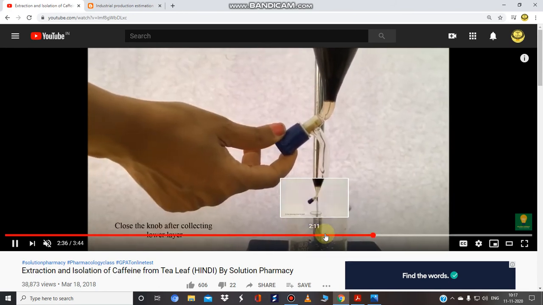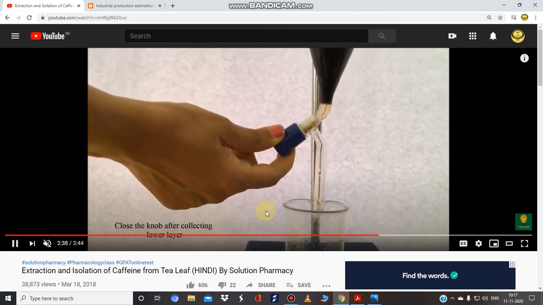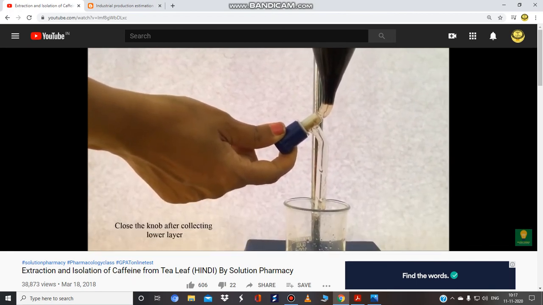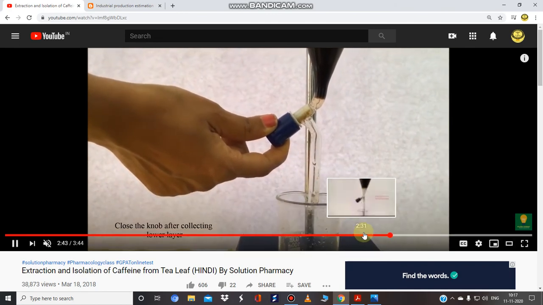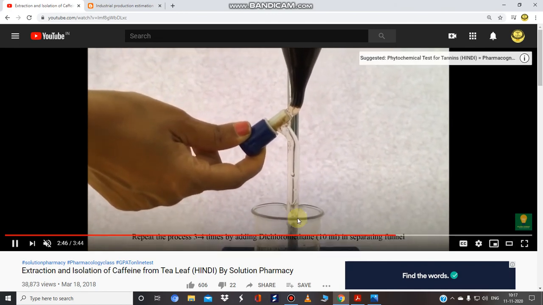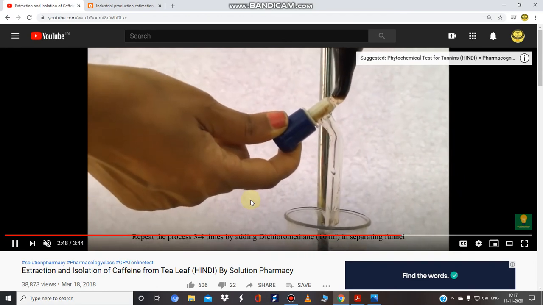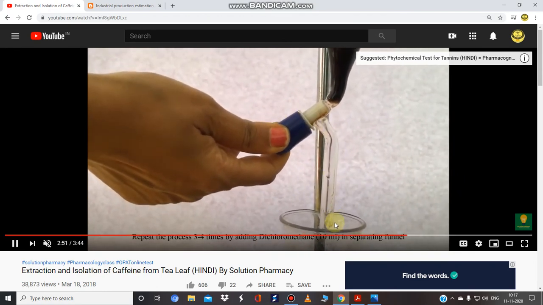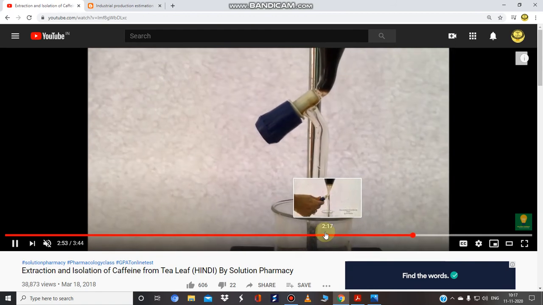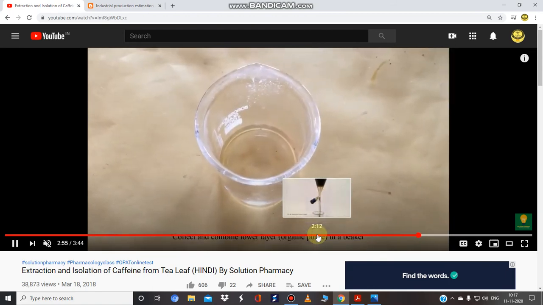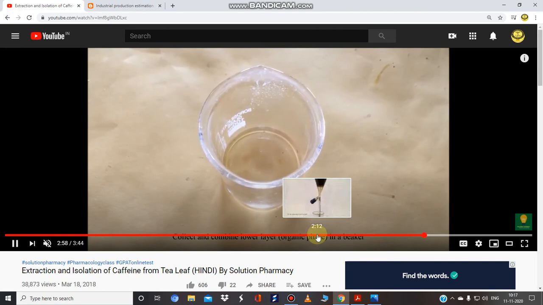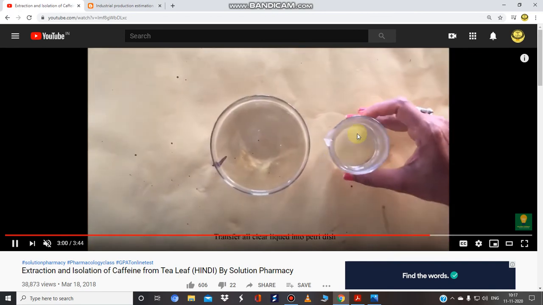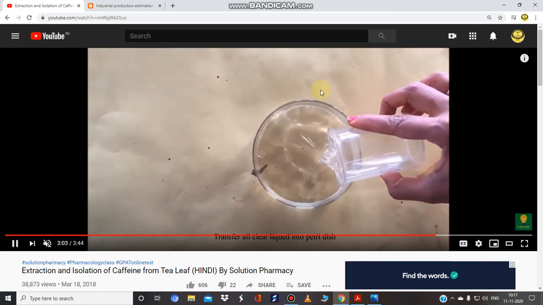The next step is crystallization or recrystallization for further purification. So this is about the isolation of caffeine. Just see the whole video again. The whole layer is collected here, then you put it on the heating mantle, or you can use a water bath to remove the organic layer. Or you can put it in a petri dish, cover it with aluminum foil, and make some perforations in the foil like this.